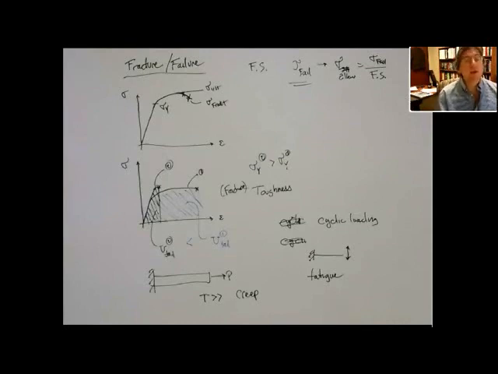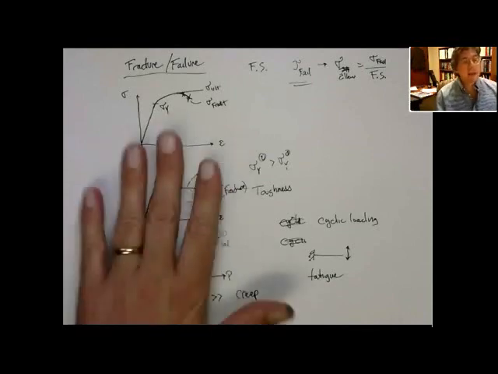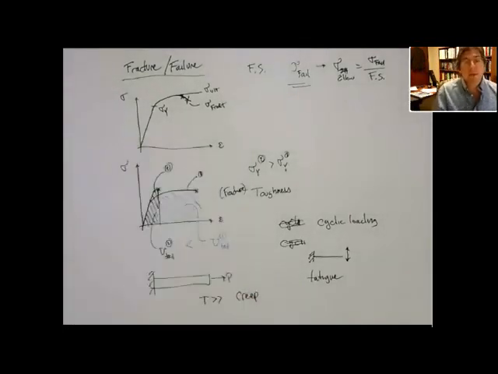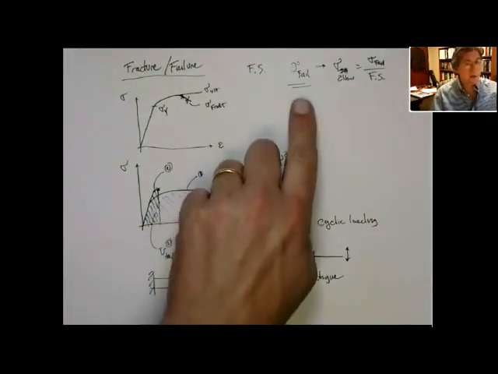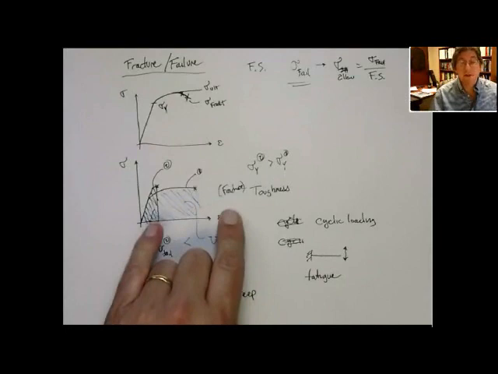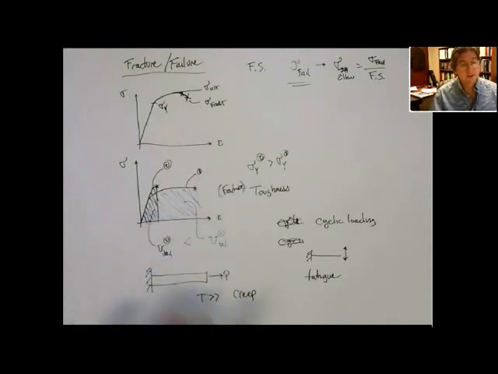There are other things that also knock down strength. Sometimes things like moisture, temperature, even being in a highly caustic environment or a high amount of radiation, can all affect the strengths of materials. So when you're designing a component, you can't just blindly look at the stress-strain curves and failure stresses that are given in some tables, but you have to think about the environment in which it operates. Okay? So anyway, what are the failure stresses? This notion of fracture toughness is going to be the area of the strain energy to fracture. Fatigue phenomenon,